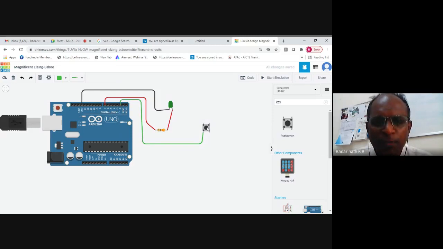When I press this switch, I want to give the opposite logic of whatever is present when the switch is not pressed. Let us assume like this: when I don't press the switch, I want to give zero voltage here. Always zero should come here. When I press the switch, always logic one, that is plus 5 volts, should come here. That means according to that, I should design the circuit.